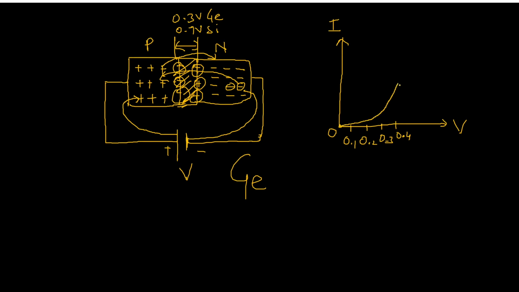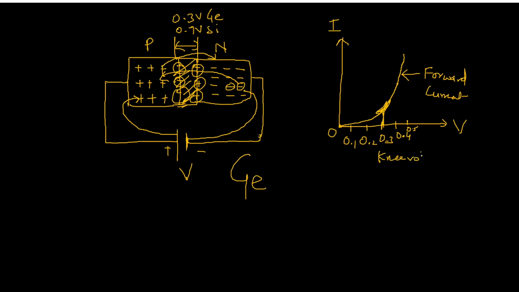From 0.4, then 0.5 volt, 0.6 volt, you can see an increase in the current like this. So this will be your forward current increase. This will be your forward bias condition. This takes place in a germanium diode when the applied voltage becomes equal to the potential barrier, at this voltage. And because this voltage resembles a human knee, it can also be called the knee voltage.